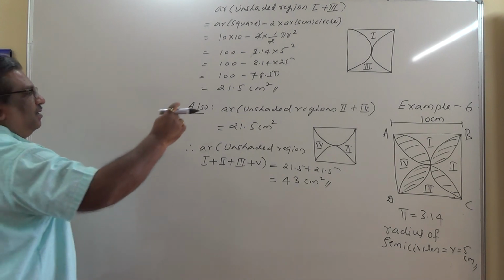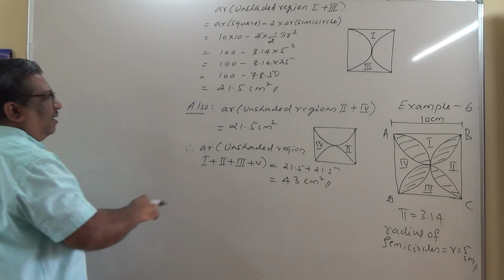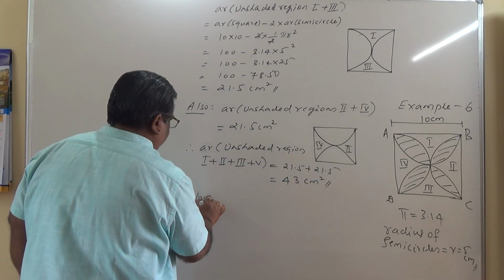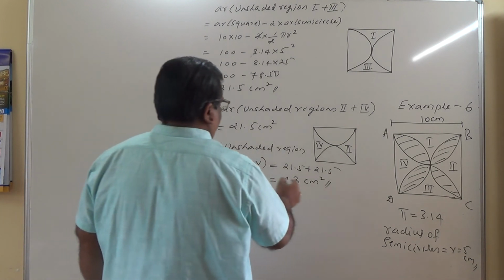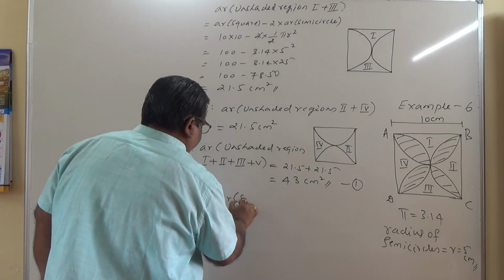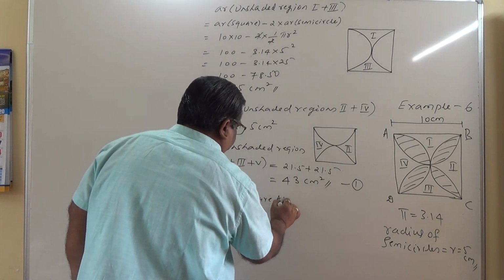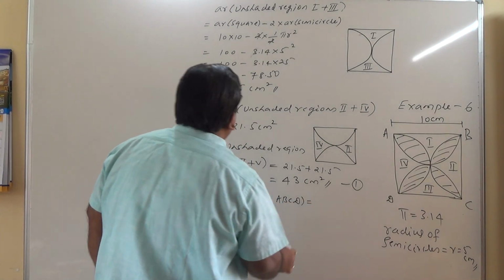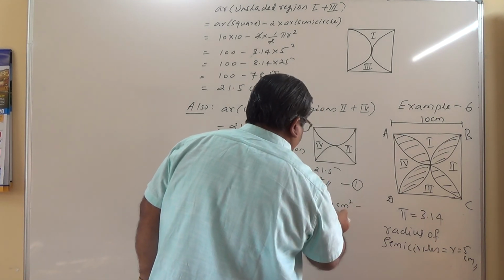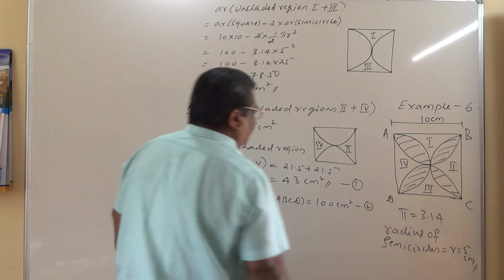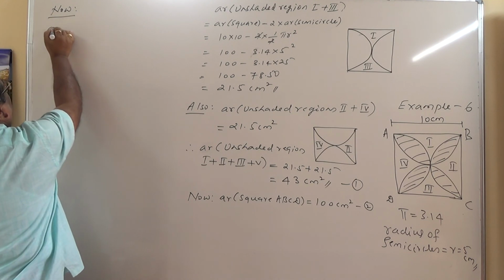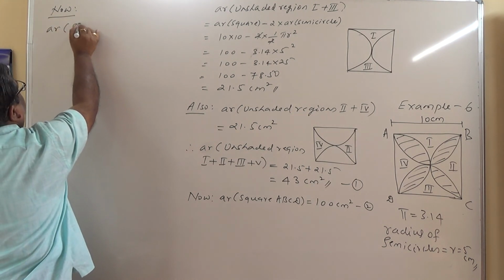Now area of the shaded design is equal to, or one more, we will try to find the area of the square also. Now can we tag it? This is 1. Now area of square ABCD is equal to 100. 10 into 10 basically, which is 100. This is 2. Now area of shaded design